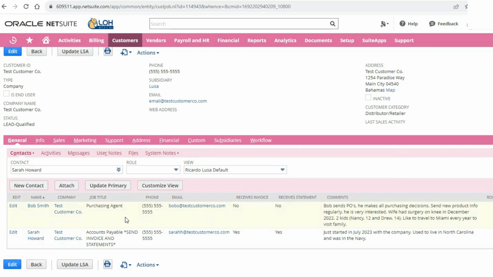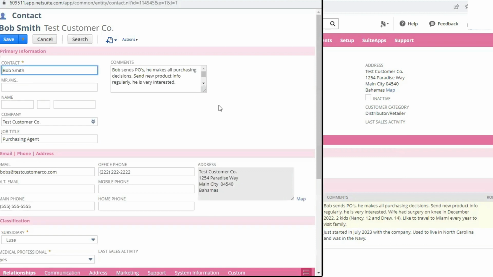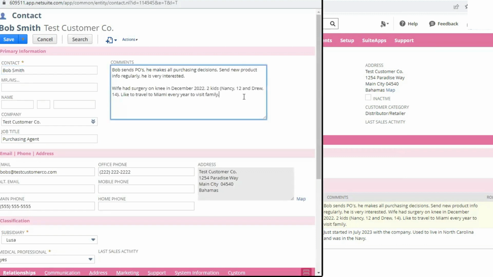Okay, so say Bob Smith is leaving the company. He's going to start his own. He's striking out on his own. You're going to leave a comment. Say, leaving company on. Okay. So I suggest you leave a note as to why you're going to make this contact inactive.